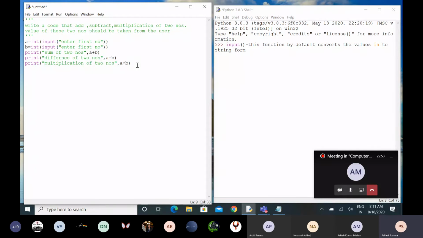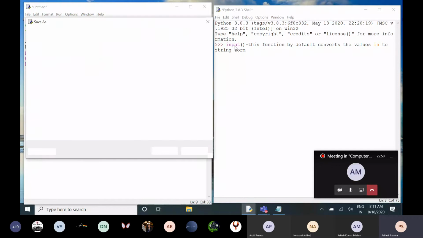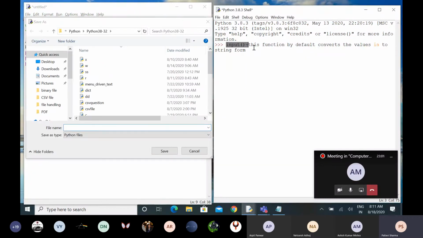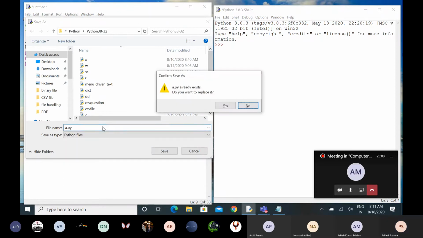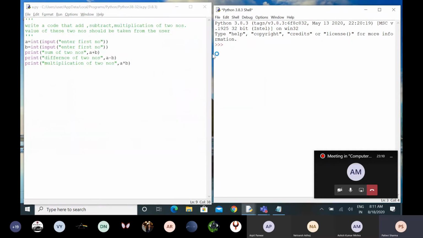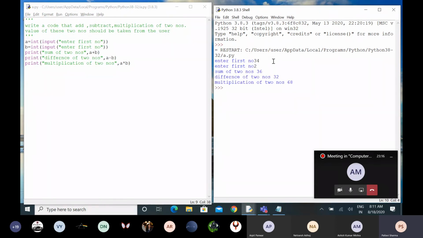Clear है? Let's execute. Let me remove this thing, otherwise it will show us the error. Enter the first number. I can enter anything, and then you can see the difference, as multiplication and everything is shown to you.